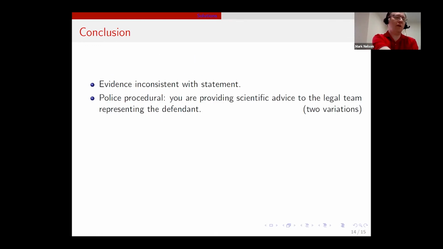Now, since using this question, I have had a couple of thoughts on different things to do. So one thing that I have in the back of my mind is to change the question slightly. So the scenario is that the student's acting as a scientific advisor to a legal team, and they've got to write their answer in a form that would be appropriate for that.